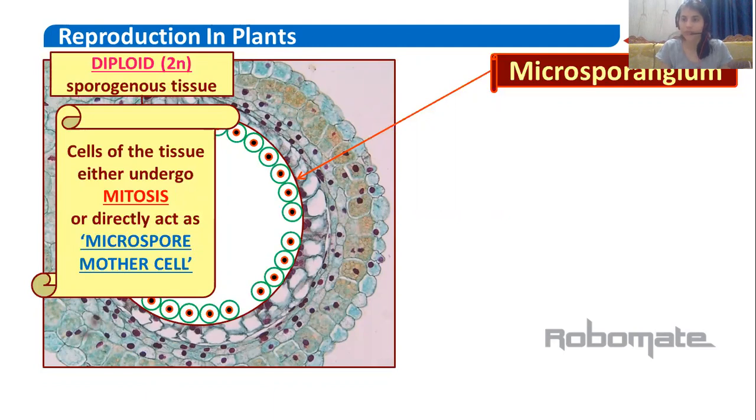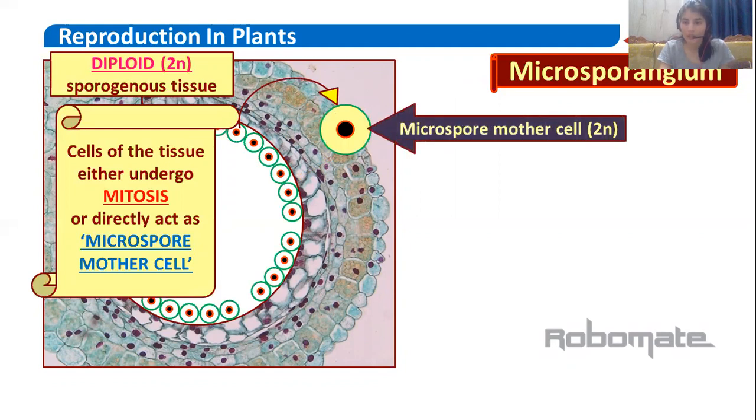Got it? What is this? Here we have a microsporangium, and inside the tapetum we have sporogenous tissue. This sporogenous tissue is diploid, and that tissue is undergoing mitosis. We can call those cells microspore mother cells. Okay, so